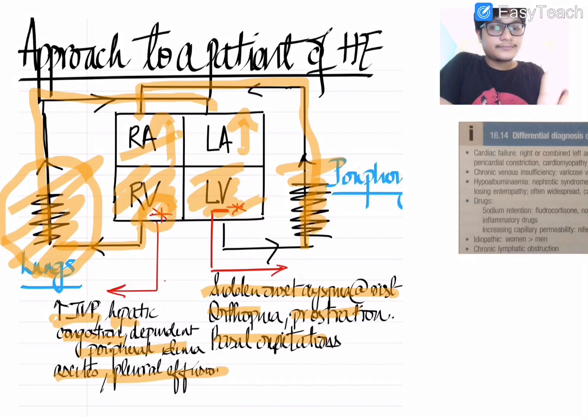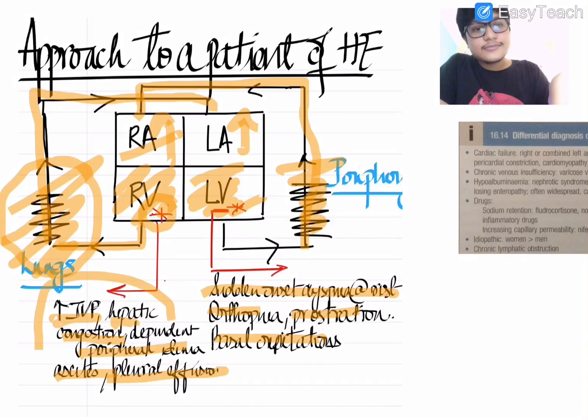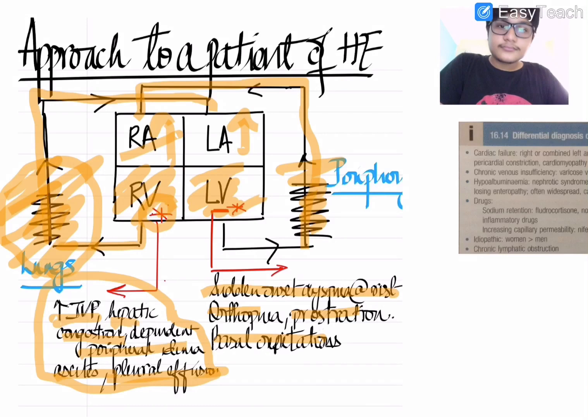effusion as well. Now I would like to again warn you that all of these symptoms might occur if there has been a left ventricular failure, but it occurs at a very late stage. In right ventricular failure, all these symptoms will manifest early. However, in left ventricular failure these symptoms might occur as well, but they will occur at a very late stage. Usually the patient will present at the onset of pulmonary edema.